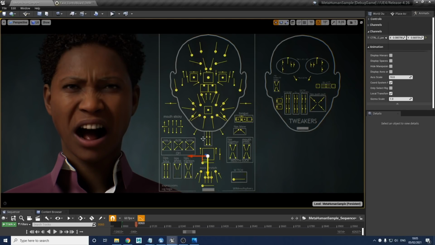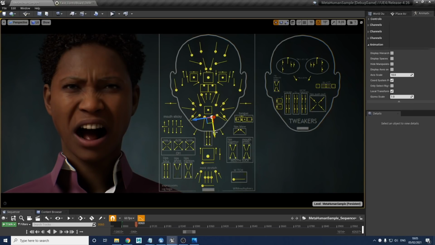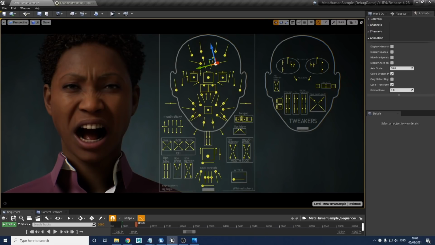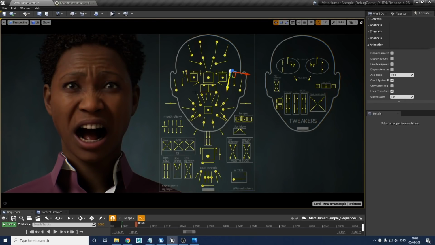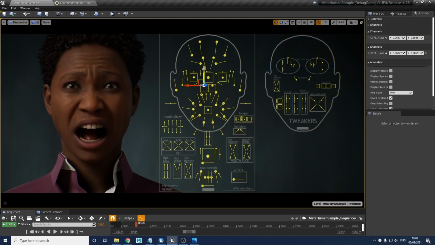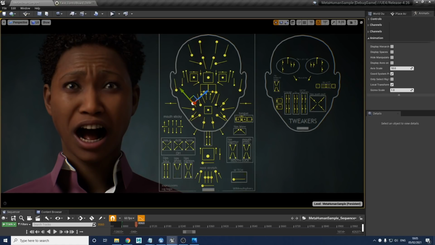Or perhaps I want to turn this into super scared. So she's going to be fearing for her life now. So I'm going to alleviate some of that tension in the brows. Start bringing them up in the middle. Now maybe want to open the eyes really wide, show the fear coming through. And the nose up. Nose up tends to be a more angry thing. Nose down, you get the kind of scared thing coming through. Bring in some cheek raise with this.